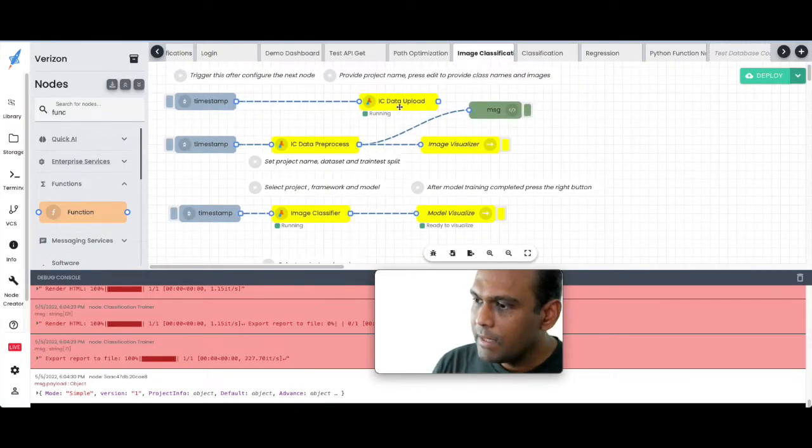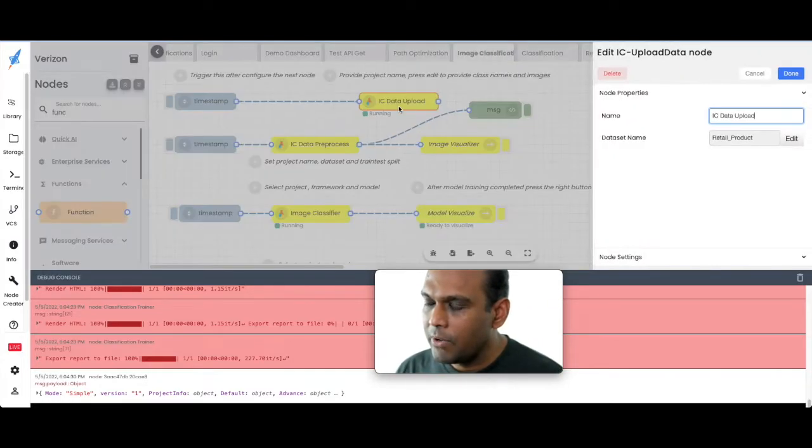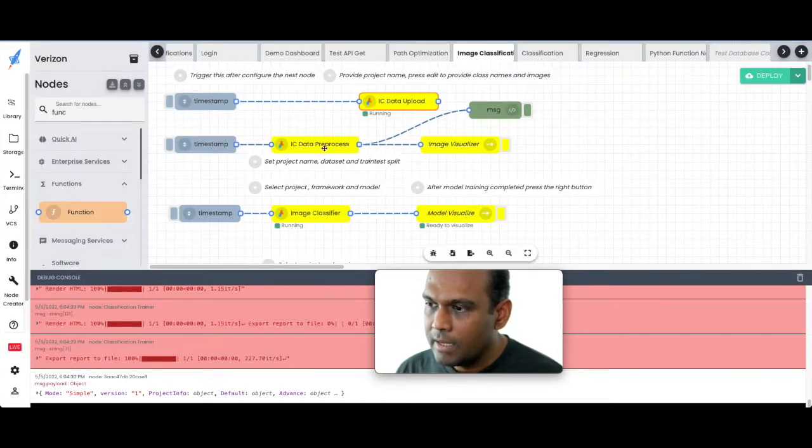So in here, we are taking two data sets. One is the data set on baby products. The other data set is on beauty products. So here we are uploading all the data sets, right, by using this little data block. And